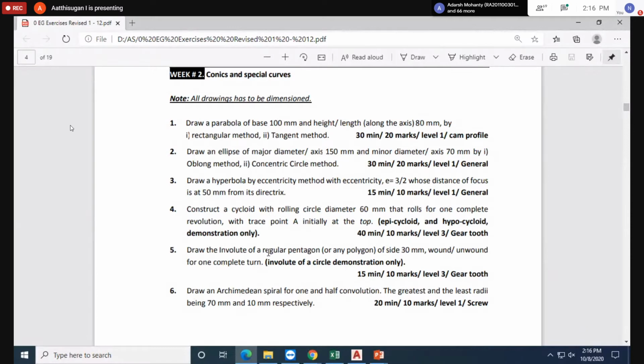So I'll move to the third question, the hyperbola eccentricity method.